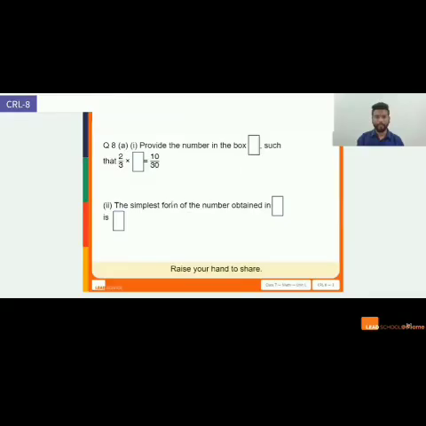So students, now let us try solving a few problems related to division of fractions. I'm going to show you some problems on the screen. You will have 1 minute to solve the first question. Yeah, this is a very quick question. I think 1 minute is more than enough for this. Your time starts now.